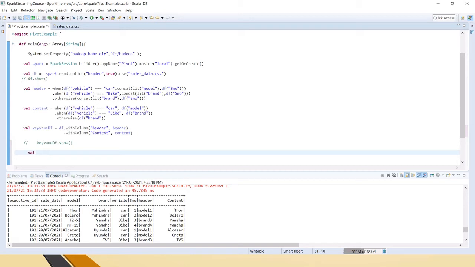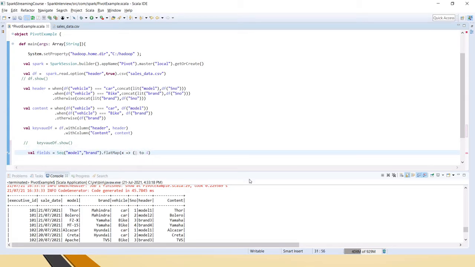So let me create the fields. I'll create a sequence and say model, comma, brand, and for each x from 1 to 4, because here we have 1 to 4 numbers.